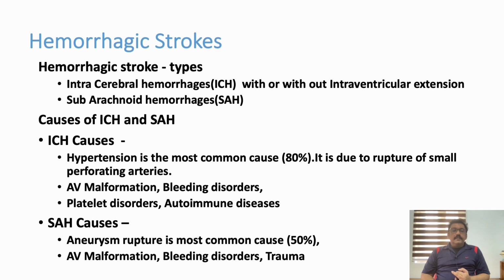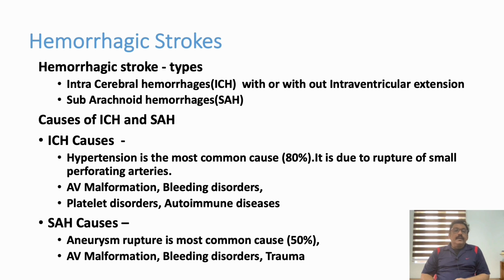ICH, intracerebral hemorrhage: the major cause for this is hypertension. That occurs due to the rupture of small perforating arteries in the brain. Other causes are AV malformation, bleeding disorders, or the patient taking drugs which can produce bleeding, like warfarin, dabigatran, apixaban, drugs like that. Platelet disorders like thrombocytopenia, ITP, or dengue, leptospirosis, malaria, all these things can also produce bleeding. Autoimmune diseases, again SLE, conditions which can produce bleeding disorders,